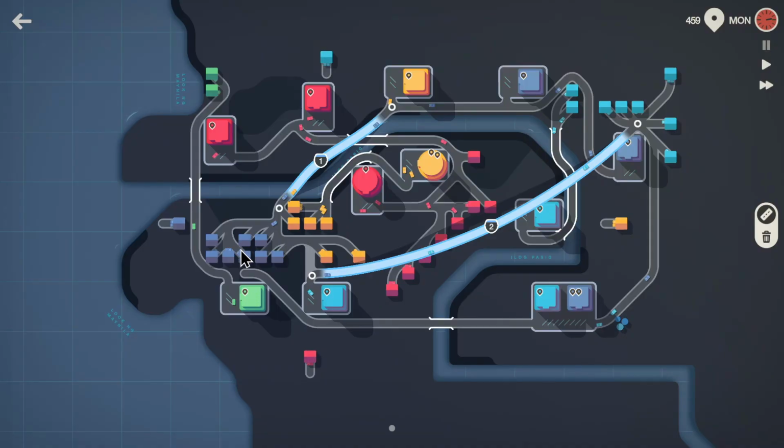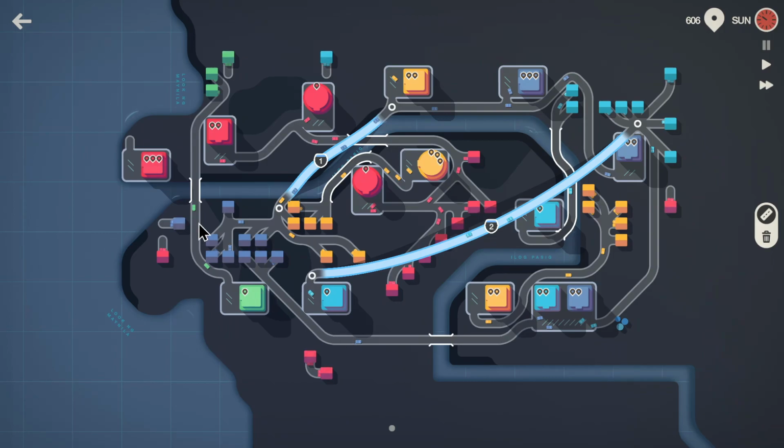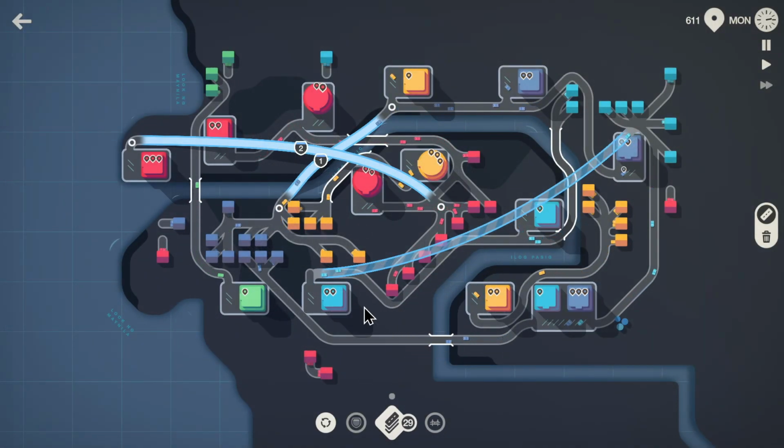Alright, so we can just steal a couple of these blue guys from here. Somehow I didn't notice this red guy up here, and now we've got quite a problem on our hands. Temporarily, we'll move the roadway like that. And there we go, we got another motorway, so...